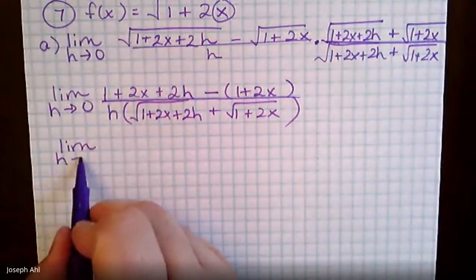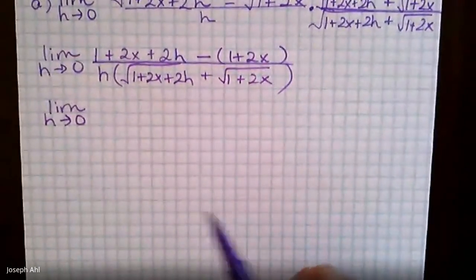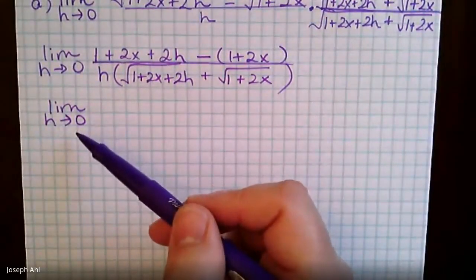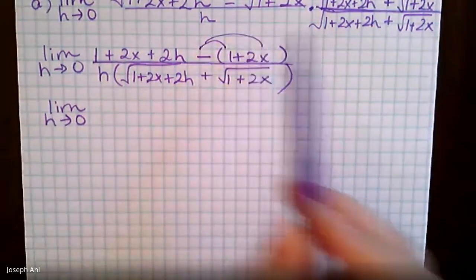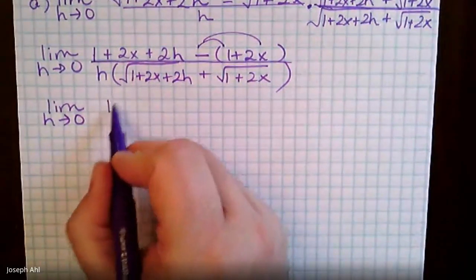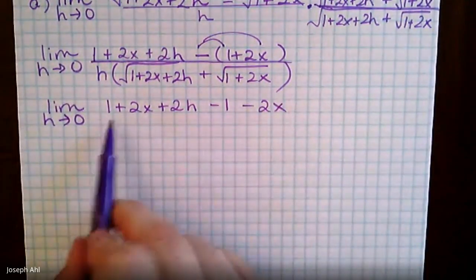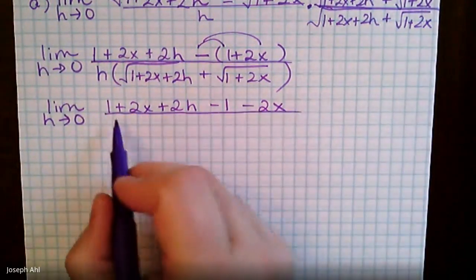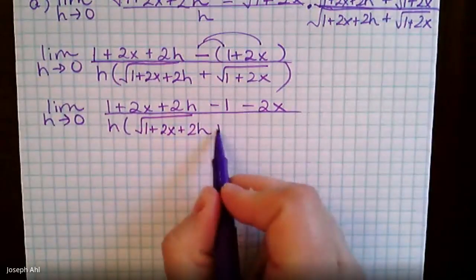I would like you to continually write limit as h goes to 0, because that's actually the most important part of what we're doing right now. Taking the limit as h goes to 0 finds the slope of the tangent line, what we're looking for there. So I'm going to distribute that negative sign in to make it a -1 and a -2x. It's maybe another little area where we might make a mistake. I know it's a little tedious to rewrite that whole denominator, but